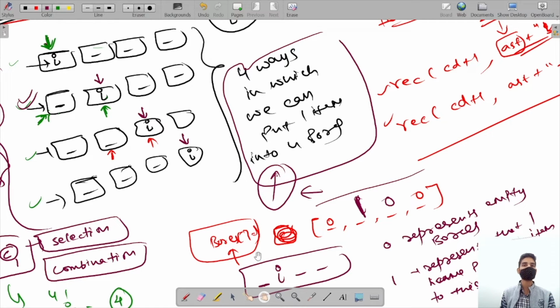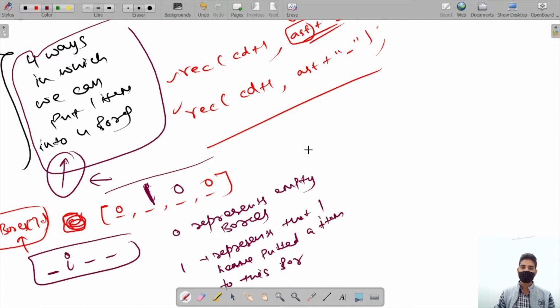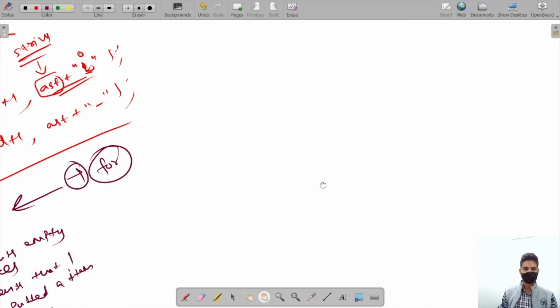But I am extending this video just to explain another way in which we can solve this problem, because both of the methods are used interchangeably. They can be used in any way. When the question is suitable for you to solve in this method, you should solve it this way. But in some cases this method looks a bit hard, that's why I am going to explain the other method in which we will traverse our array. Okay, so let me explain that method also.